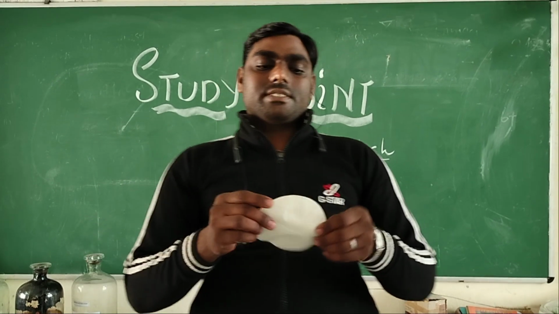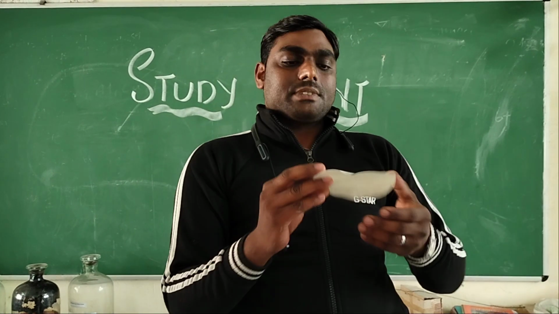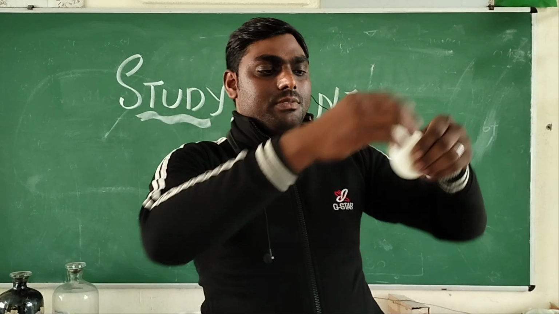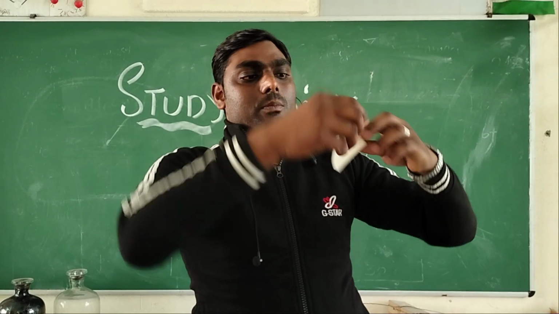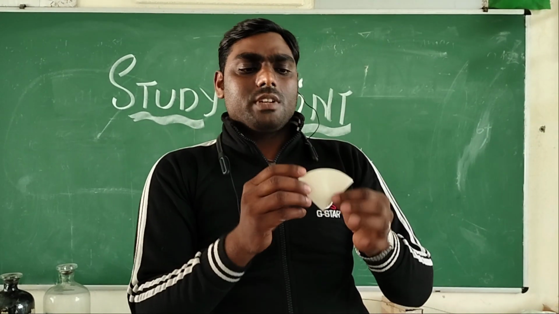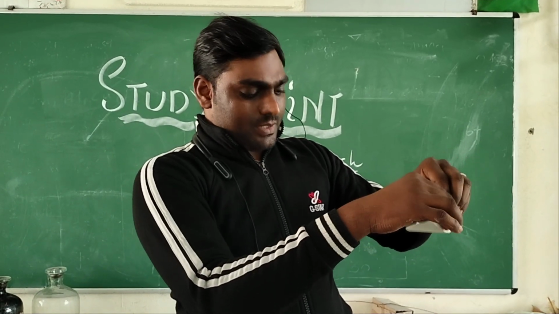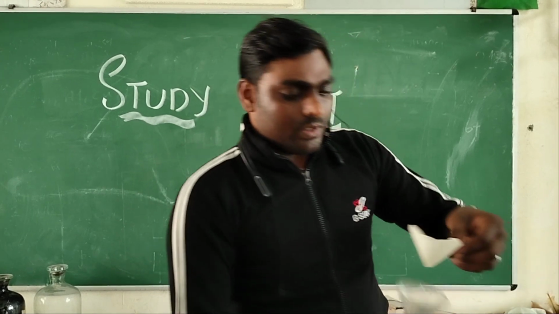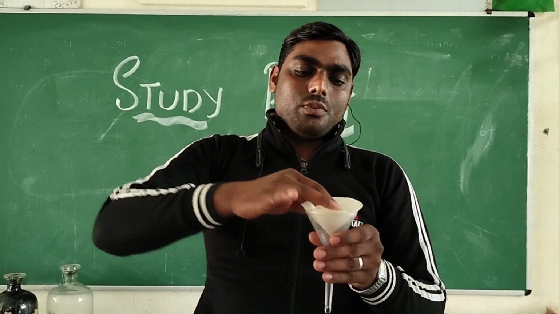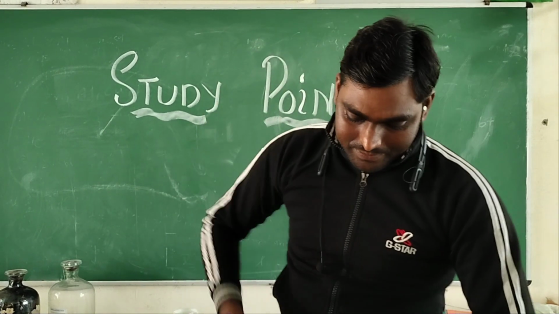This is known as filter paper. It is used for the filtration of different substances. And how can we use it? In a very simple manner, just fold it in half like this and make it another half like this. Just see, very simply we can use filter paper for the filtration. Just open it and make a bend from the marked area and put it on the funnel like this and use it for the filtration of different chemical substances. So for this we can use filter paper.